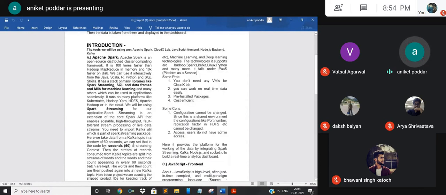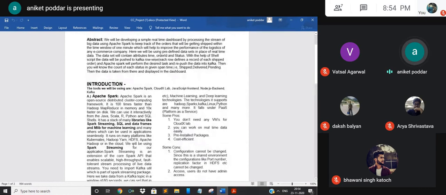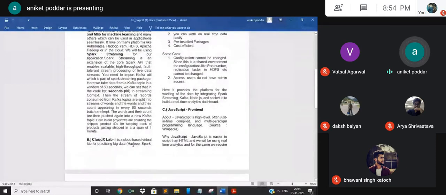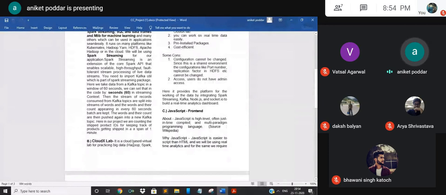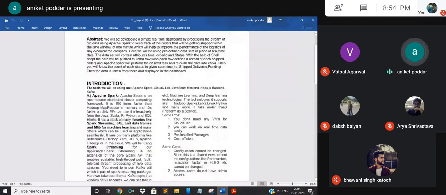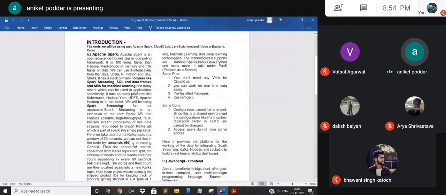The tools which we'll be using are Apache Spark and Kafka, and the platform which we will be using is CloudX Lab, where all the integration would happen. The backend would be Node.js, and the front end is using Highcharts.